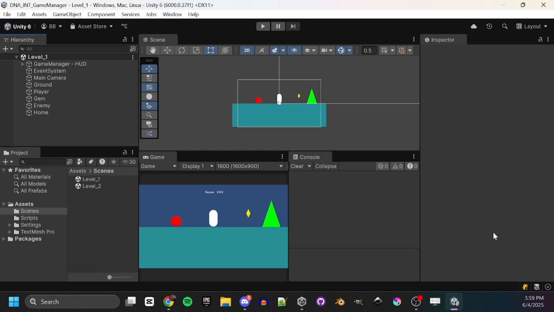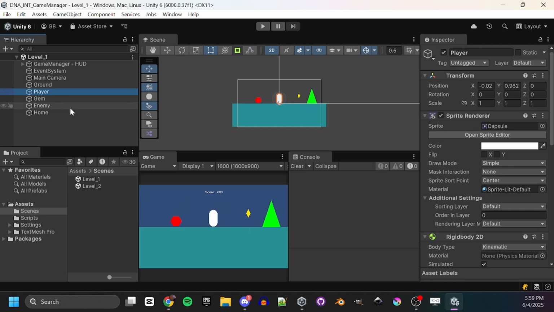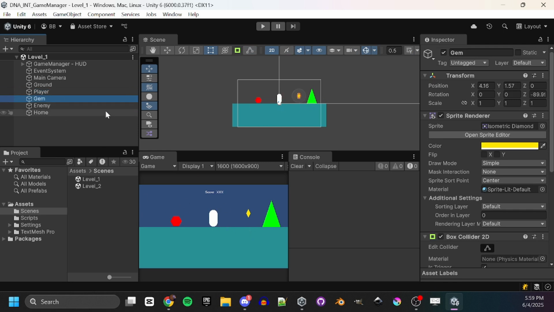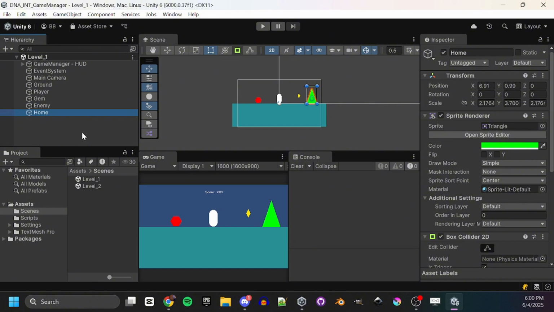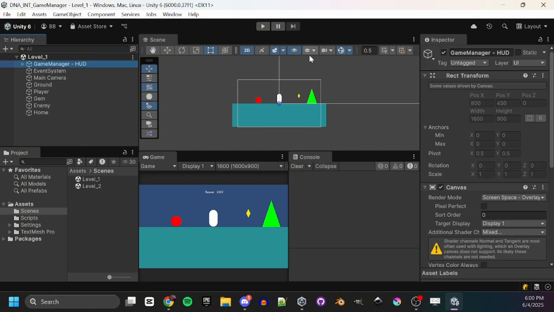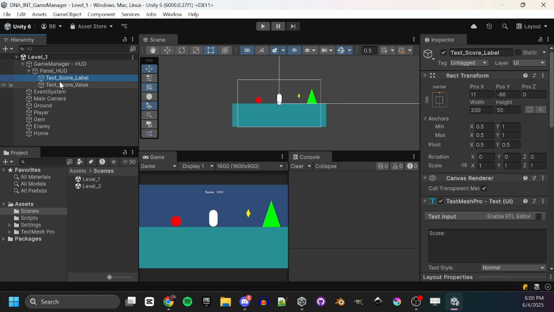So what I wanted to do with this game is try to figure out how I can create the simplest version of what we saw with that micro platformer game. So what we basically have is exactly the same thing. We have the player, which is this white capsule. We have a gem, which is the yellow diamond. We have an enemy, that's red. We have home, where we want to get to. And we have a HUD that has just the text for score here. You can see there's a label that says score, and then the value, which is just XXX for now. And so the idea is if we play this,